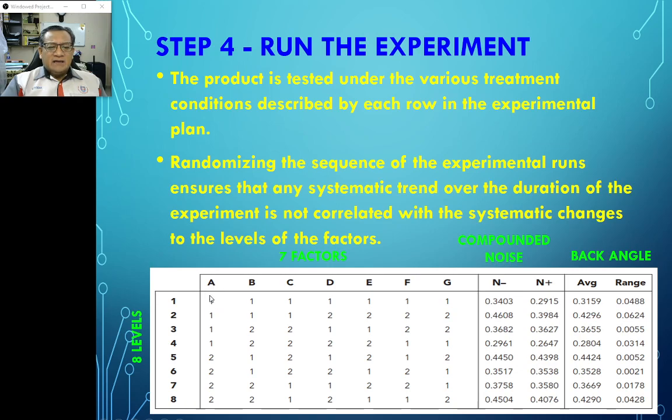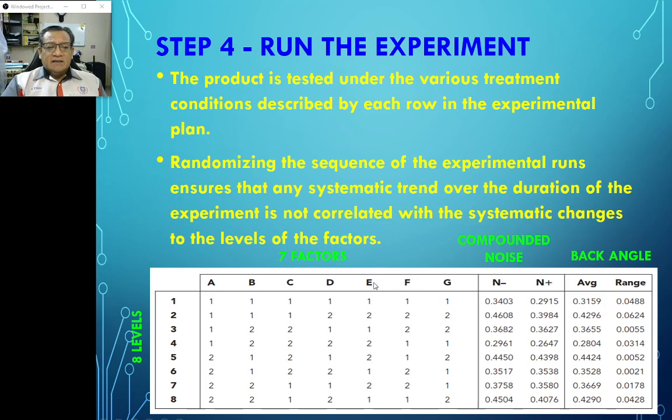At A, you set the value at 1, at B, set value at 1, at C, set value at 1. On all these 7 factors, level 1 is to be tested. And then you will have the compounded noise that is measured, the minimum and the maximum. And then you measure the back angle movement: what is the average back angle, and what is the range of variation